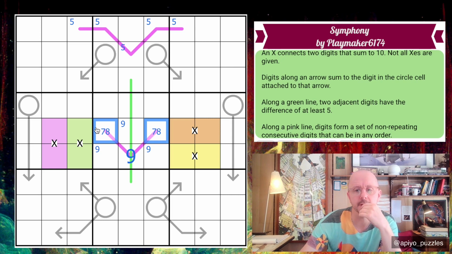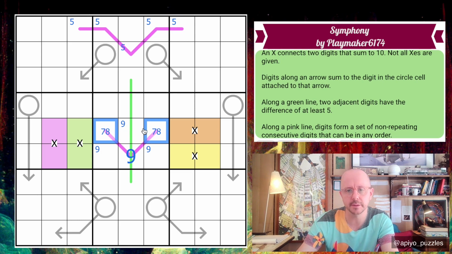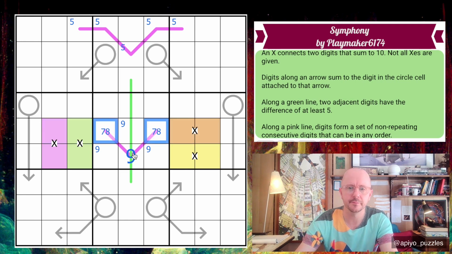Oh, no, it's not what I thought. It might be... Actually, it is a problem for a different reason. I thought that it would be forcing... If there was an X going this way and an X going this way, I thought that might be a problem. Anyway, point being that actually, if we do this, watch this digit, and now we need to understand